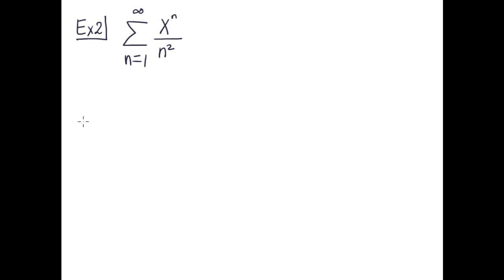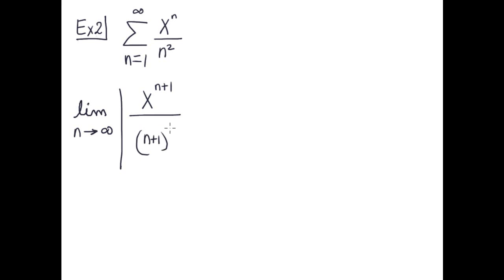So we continue working with the interval of convergence and radius of convergence. This is example 2. One more time, you apply the ratio test. Absolute value of x^(n+1) divided by (n+1)^2 times the reciprocal, n^2 divided by x^n. This is equivalent to the limit when n approaches infinity of